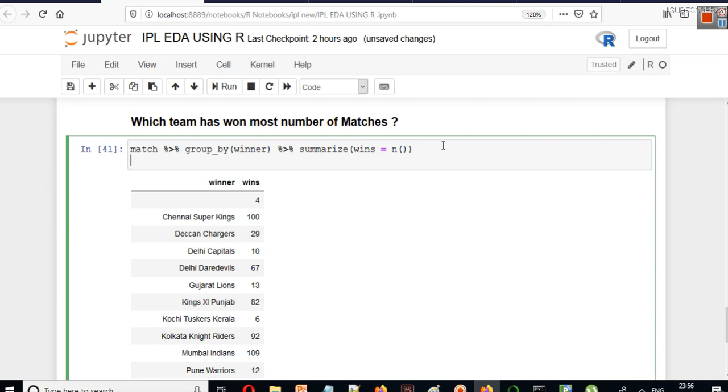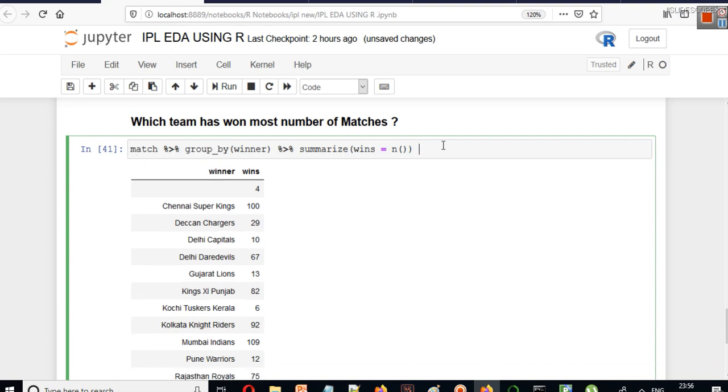For that you can apply this operator once again, and here you can use a function called filter. In filter you have to write the name of this column. So it's filter wins is equal to max wins.